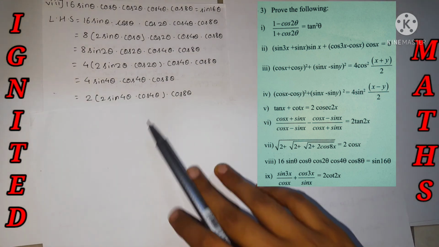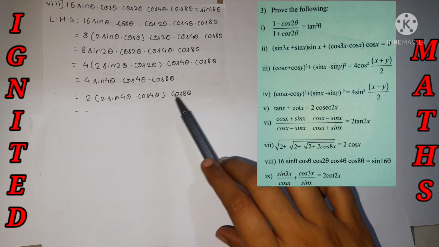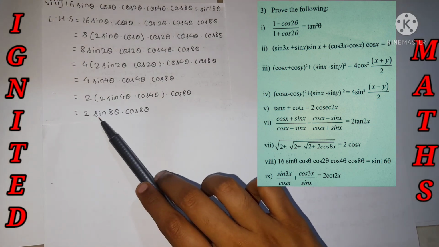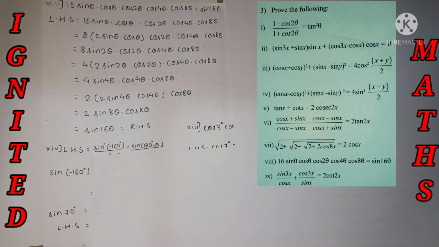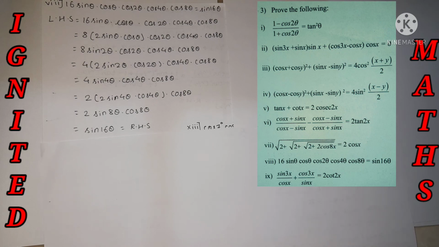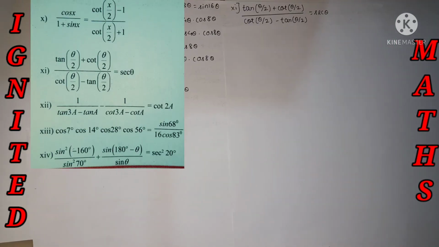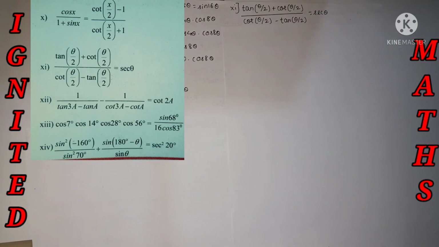It's nothing but sine 8 theta, over here cos 8 theta, and 2 as well. It's nothing but sine of 16 theta. This is nothing but the RHS value. Then the next sum is in the half angle base. Later I'll show the construction at the left hand side, and the other side also. From the double angle we can construct for the half angle also. That's what we have done over here.